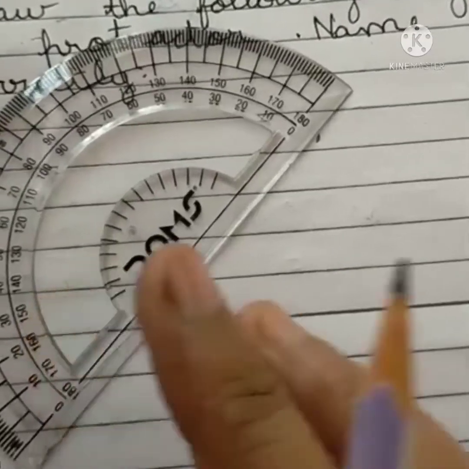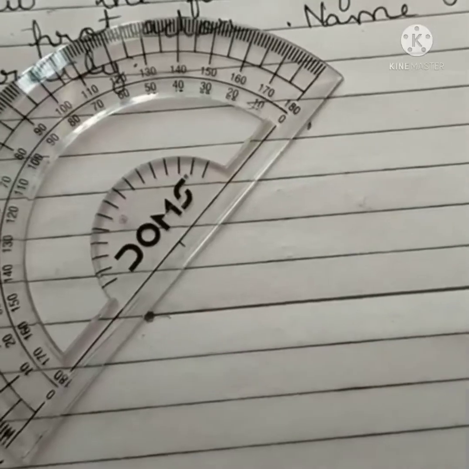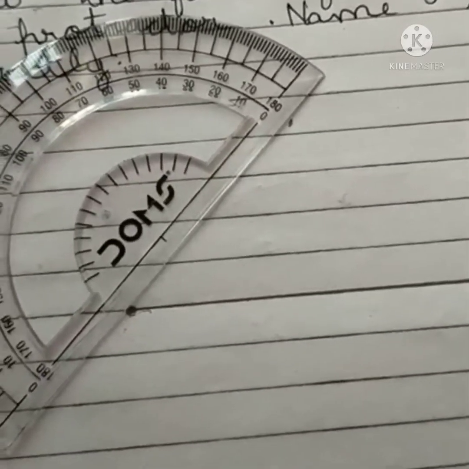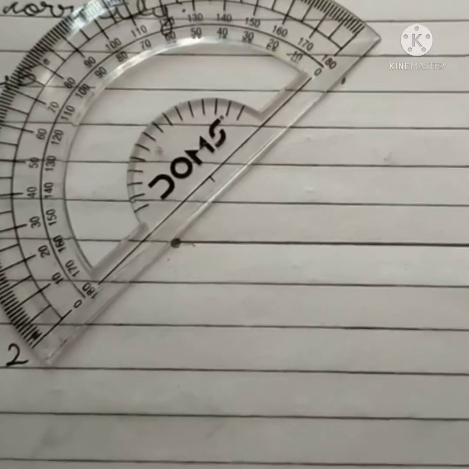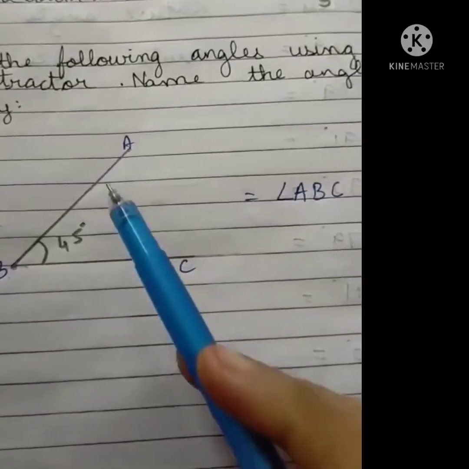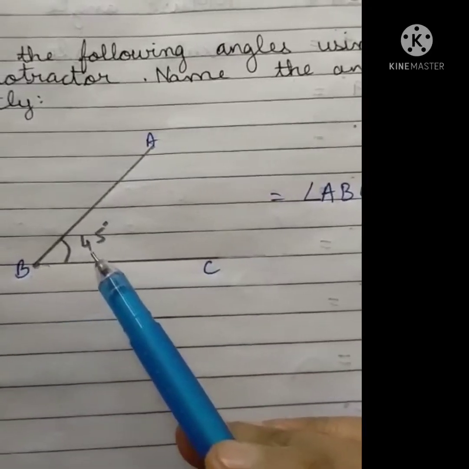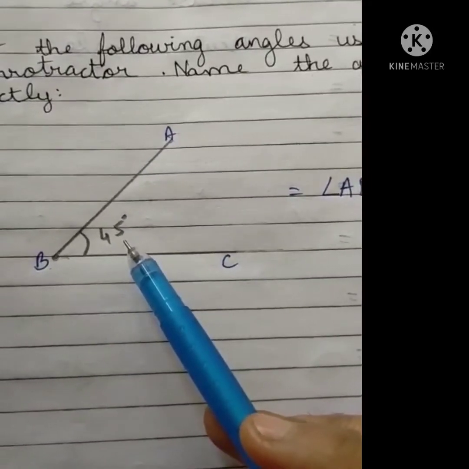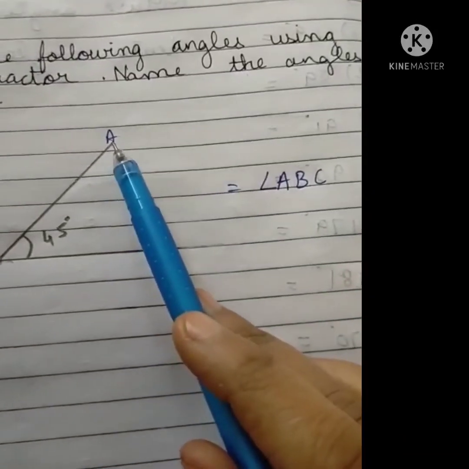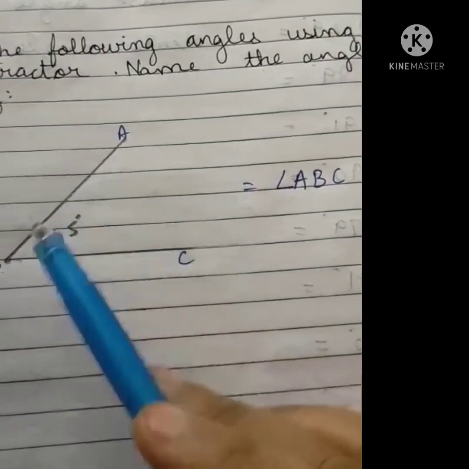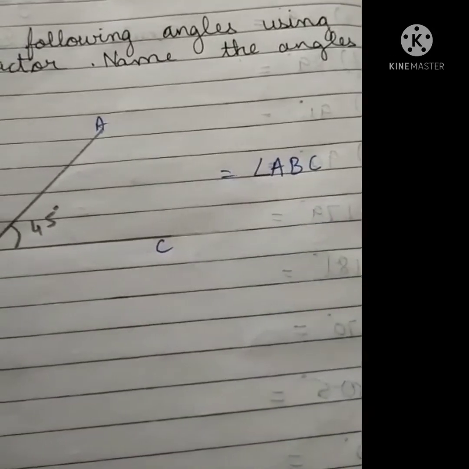Okay, carefully you will connect these 2 points. Clear children? This way you will make 45-degree angle. So this way you are going to connect both the points, and then you are going to write here 45-degree with the symbol, and you are going to give the name. Any name you can give, like I have given A, B, C. So this is angle A, B, C.